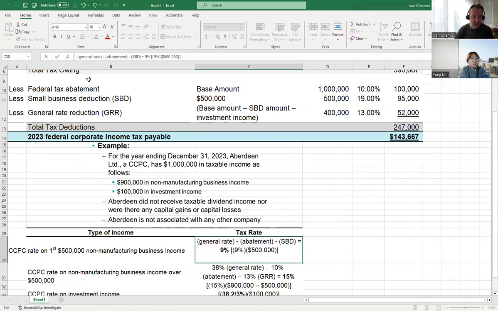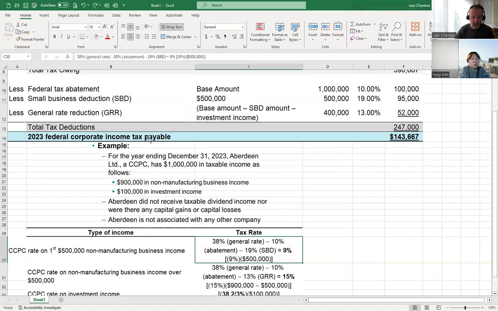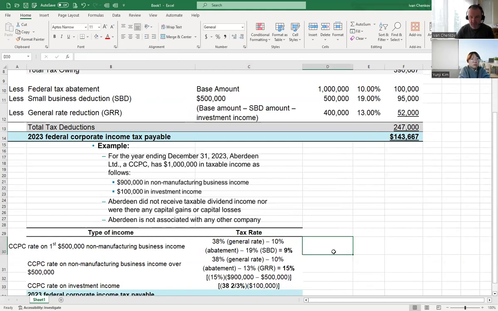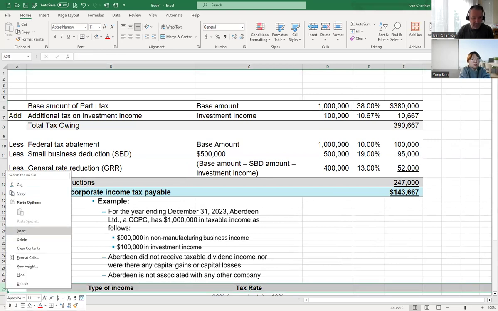Actually, we can leave those rates and only deduct that part. So on the first 500,000, which is our case, which we're going to get from here, what we can do is insert and